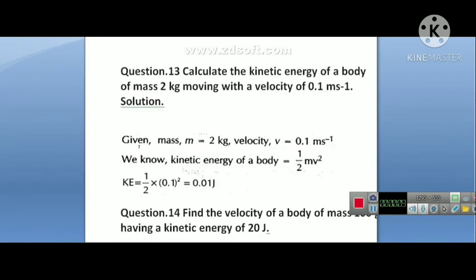Calculate the kinetic energy of a body of mass 2 kg moving with a velocity of 0.1 meter per second. So the given values are mass is 2 kg, velocity is 0.1 meter per second. Kinetic energy can be calculated by